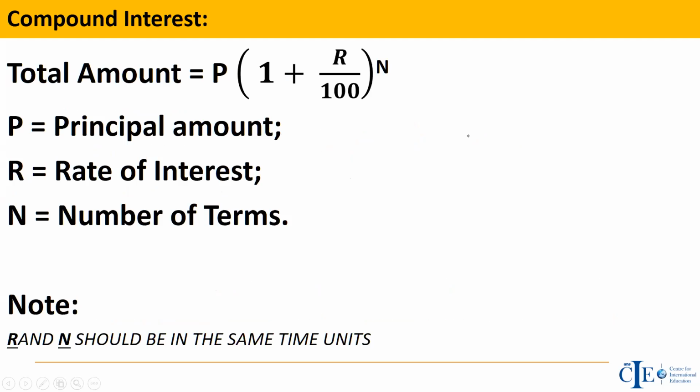Now, on a compounding basis, you don't have a formula which directly calculates the interest value, just like you have for simple interest. You get the amount in the end, because compound interest is nothing but a successive percentage calculation. Every next year, you keep on finding R% of the previous value, not the original value. So this is the successive percentage calculation done for n cycles. The same bracket is multiplied n times and hence comes the power of n.